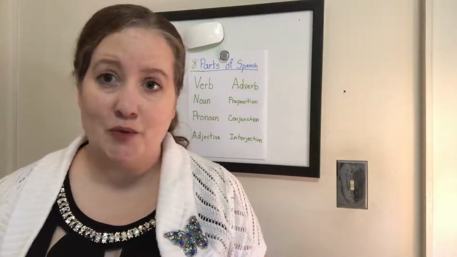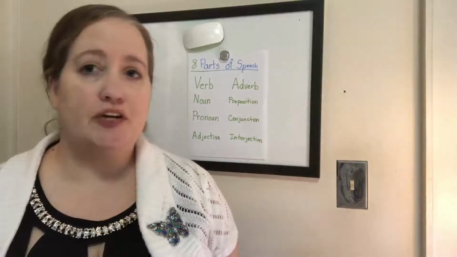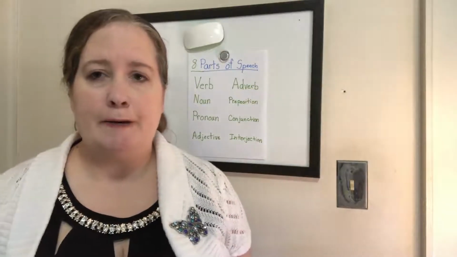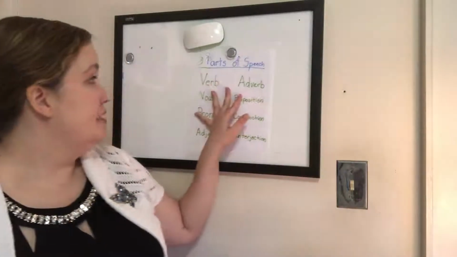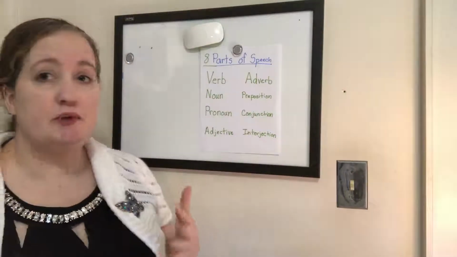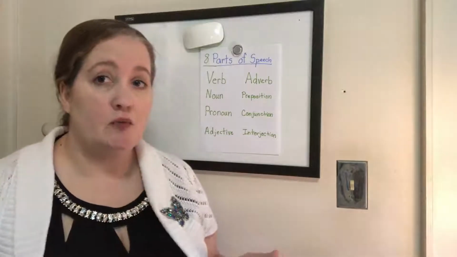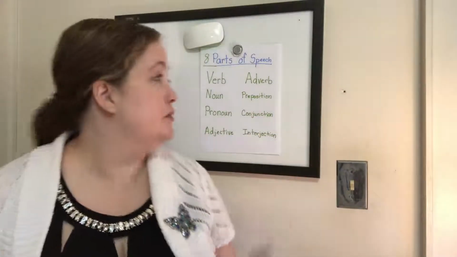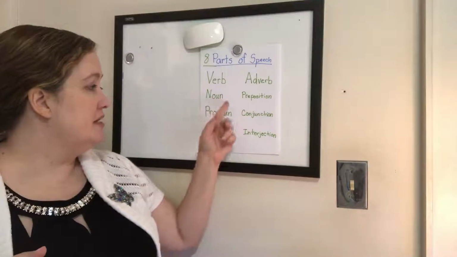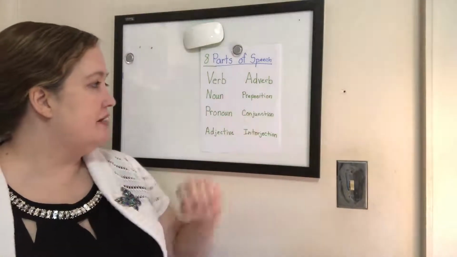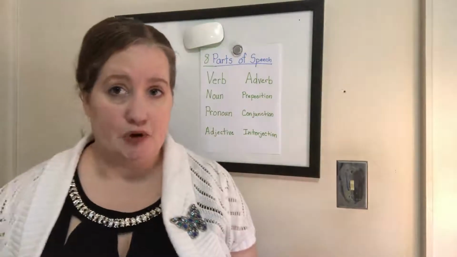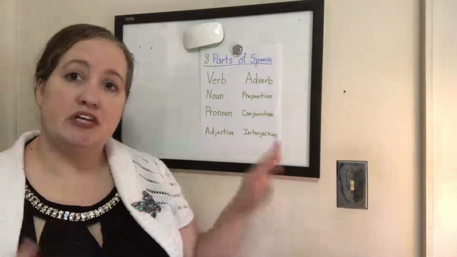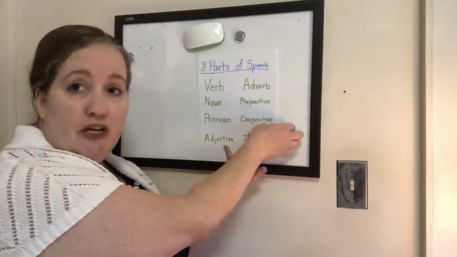This is English 401. In the last video we talked about verbs and we talked about how we were going to learn about the 8 parts of speech. So the 8 parts of speech, just for review, we've only gone over part of the verbs, but verb, noun, pronoun, adjective, adverb, preposition, conjunction, and interjection are all 8 parts of speech. In the last video we talked about verbs, and we are going to continue talking about verbs,